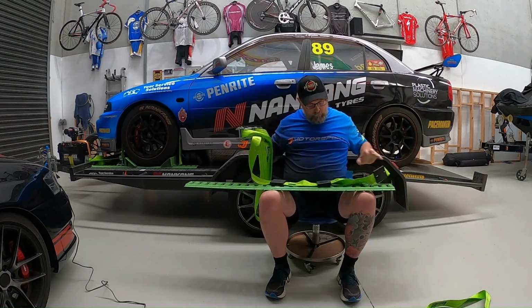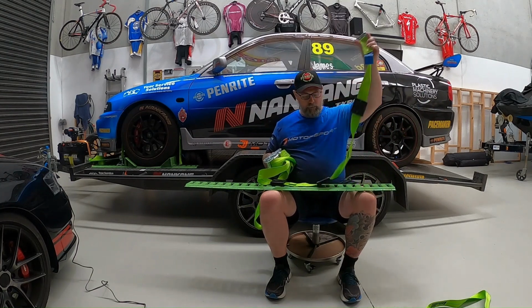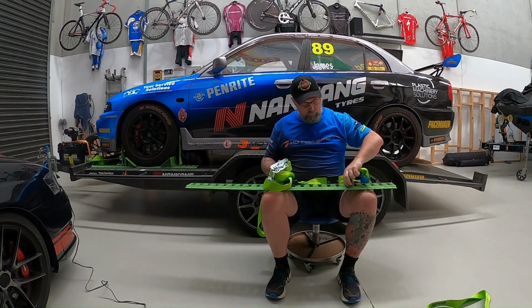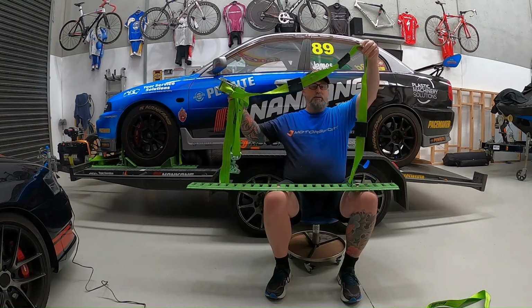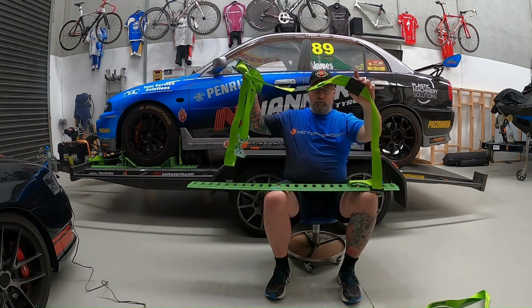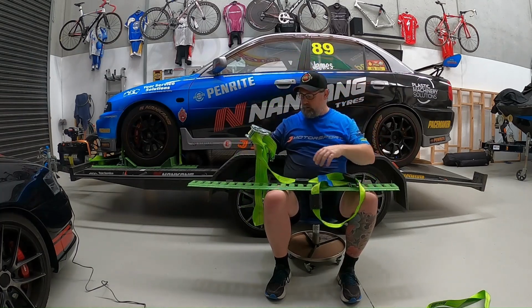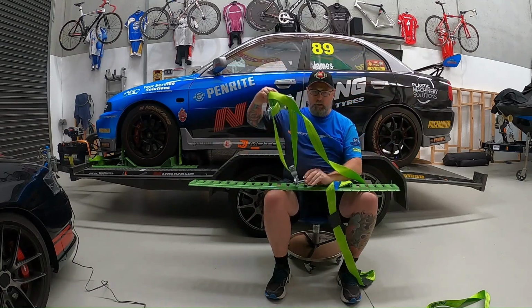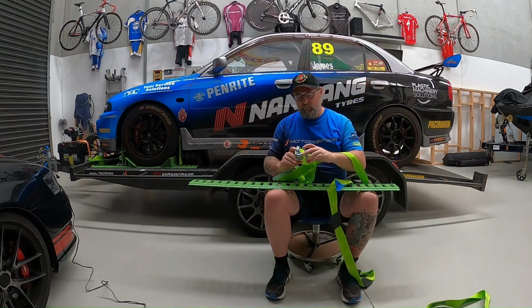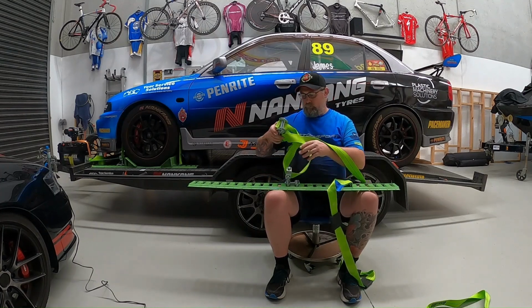So they have the little clips on the end here. So that's one of the clips. It's got this little lever where you slide the clip in and then release the lever, and that's not going to go anywhere. And then this goes over the tyre, of course. It's got your 3 rubber keepers, if you like, and protectors, and they sit on the tyre itself, and then you lock it in with the idler, which is here. So again, it's got 2 little levers, and you just clip them in like so,